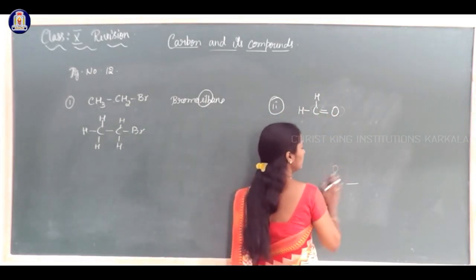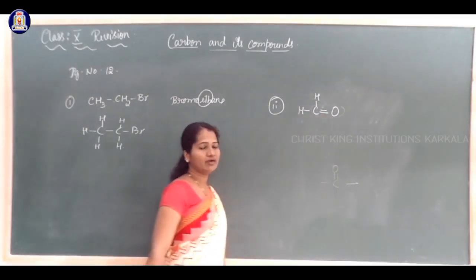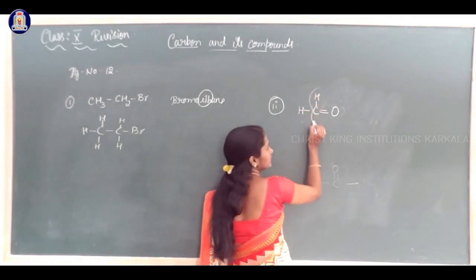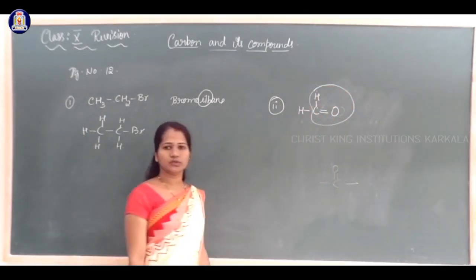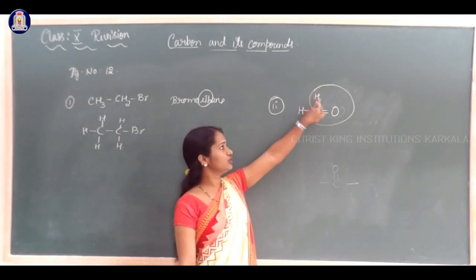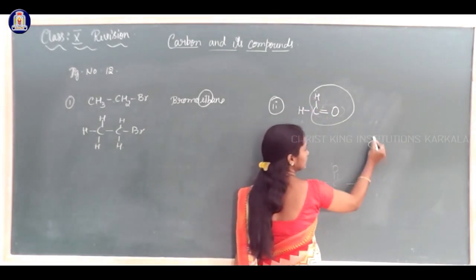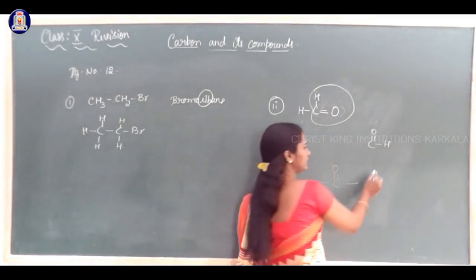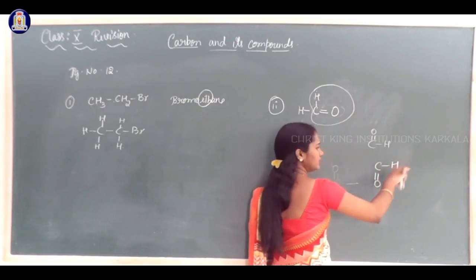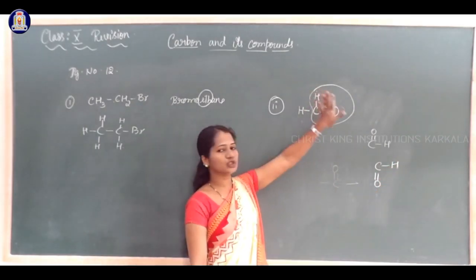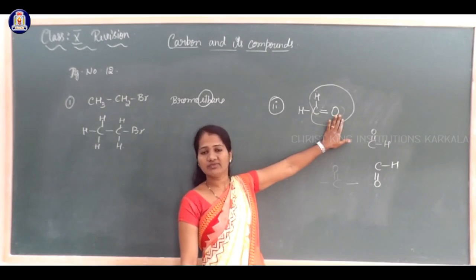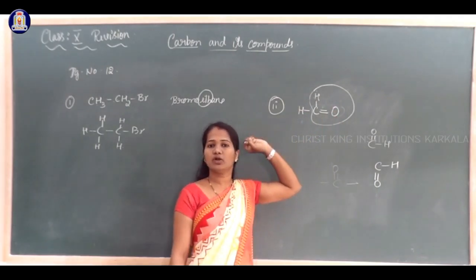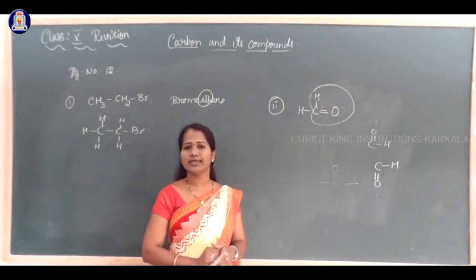So here you can see only 1 carbon is present, and for that double bond O is there. Here 1 H is there. So take this functional group. Which functional group? CH double bond O. You have written like this: C double bond OH or CH double bond O. This also can be written as C double bond OH. Like this also we can write that. So CHO. What is that CHO? If the functional group is CHO, a name can be given. That functional group is called as aldehyde.